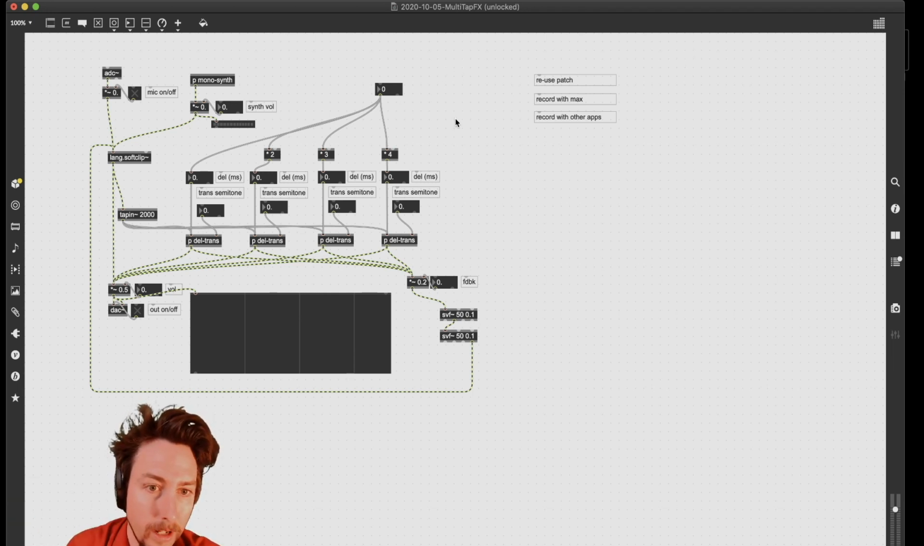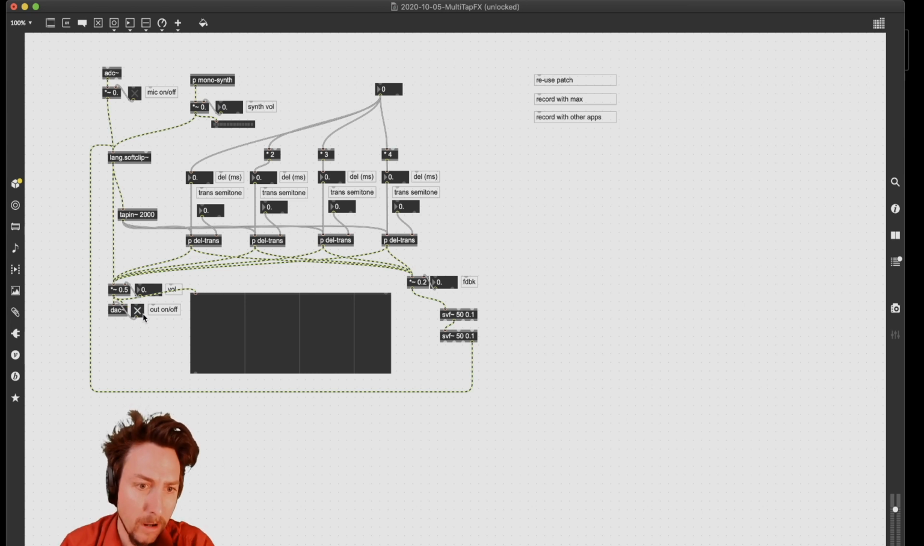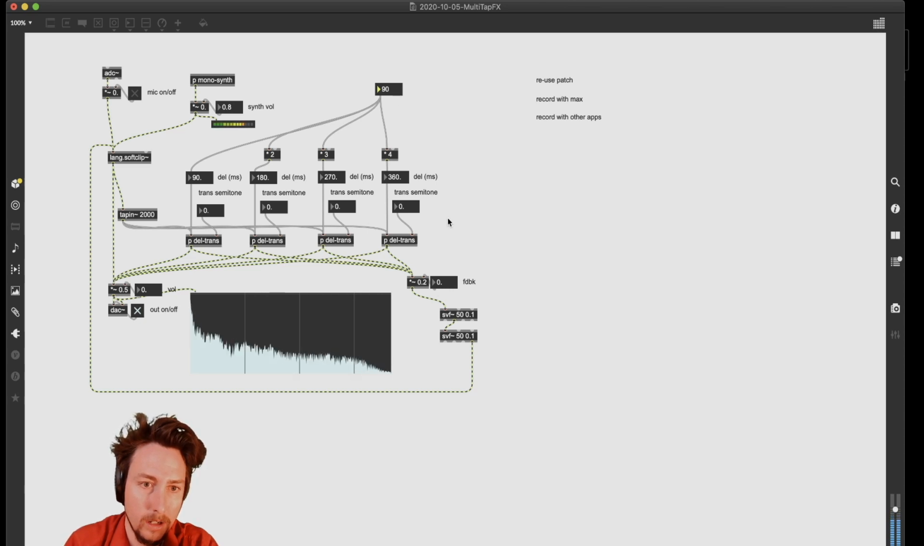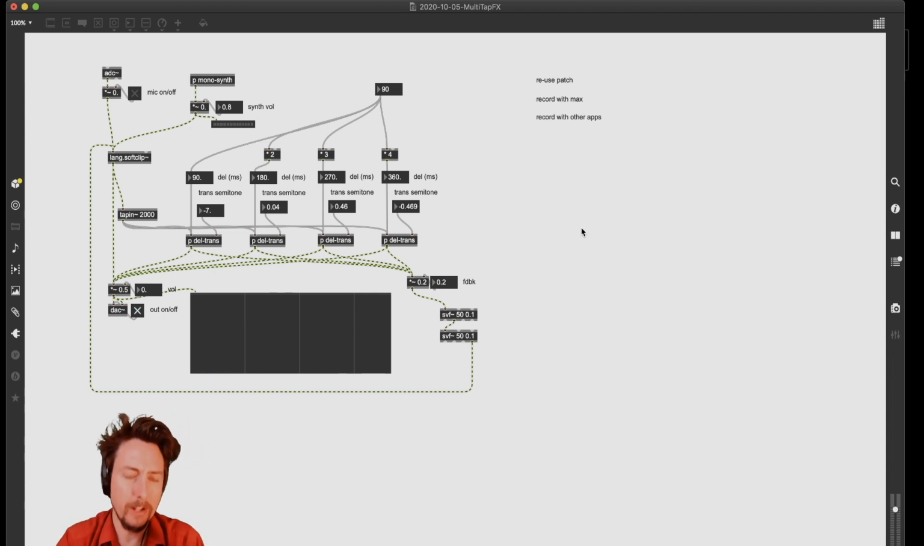We have the patch from a couple days ago where we make a little noise with a keyboard controlled synthesizer, and it goes through some delays and transposition, and all sorts of lovely things happen. I've got the whole thing turned off right now. All right, so we have a rather rich noise, and now we're like, let's record this